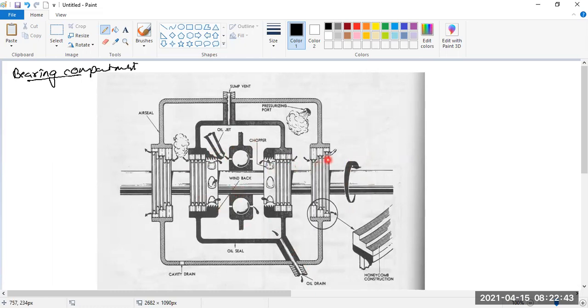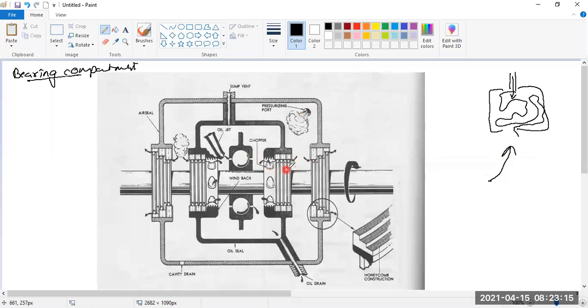For this, we have got a specialized seal called a labyrinth seal. Can you see this type of seal? These are called labyrinth seals. What they do is they provide you with a mesh-like structure, a maze. The oil will come inside and there would be various different paths that the oil has to take, and at the end of the path there is the air pressure which is acting.